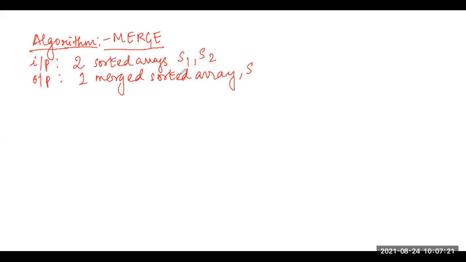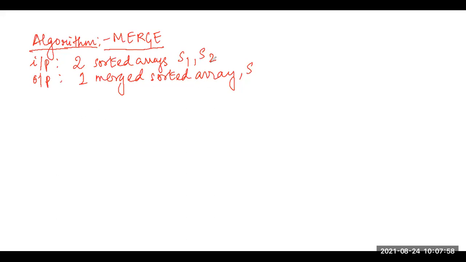So what happens in merge? Always two sorted lists are provided to me. By comparing, we save it in another third list. And during this comparison, what am I checking? I am checking in which list the element is smaller than the other. If the element is smaller, I will copy that into my final sorted list, and I will increment that counter.